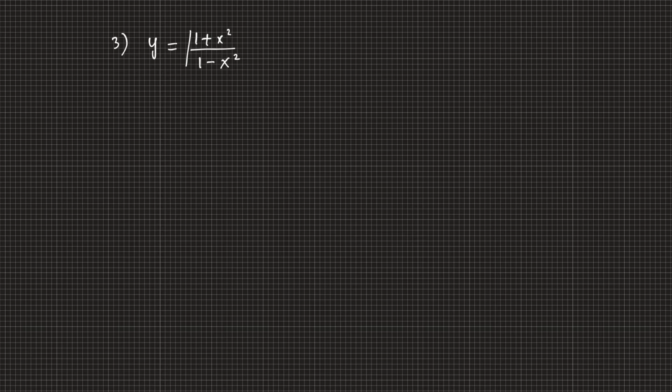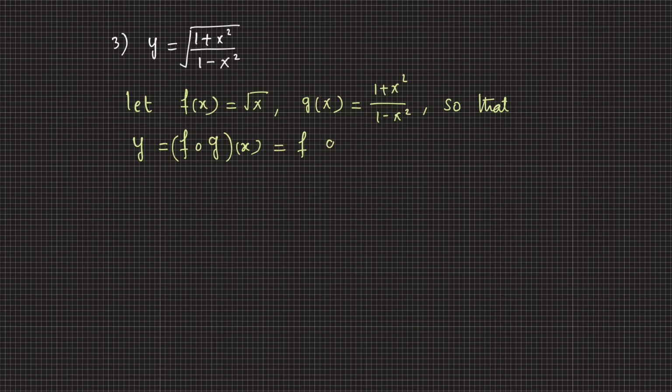Given y equals the square root of 1 plus x squared divided by 1 minus x squared, write y as a composition of two functions. Let f of x equal root x, the outside function, and g of x equal 1 plus x squared divided by 1 minus x squared, the inside function, so that f of g of x equals the root of 1 plus x squared divided by 1 minus x squared,